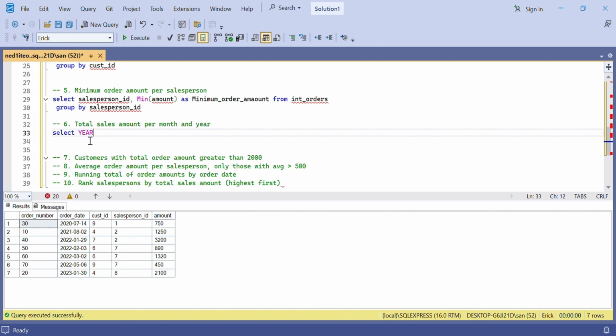and then we are extracting year from order date as order year, and then comma, and then we are extracting month, and we're extracting it from order date as order month, and then we calculate the total amount, which is sum